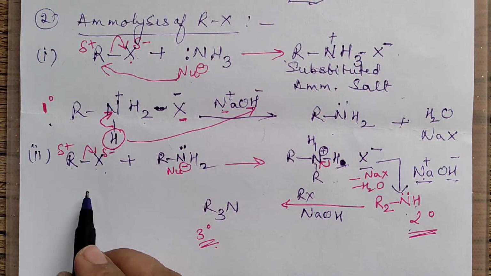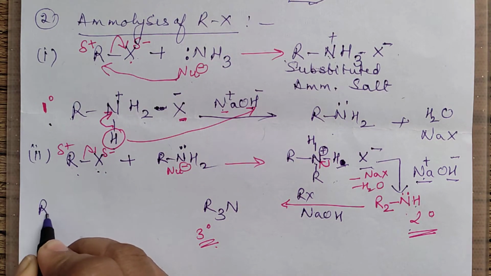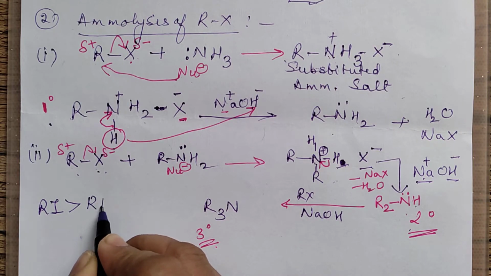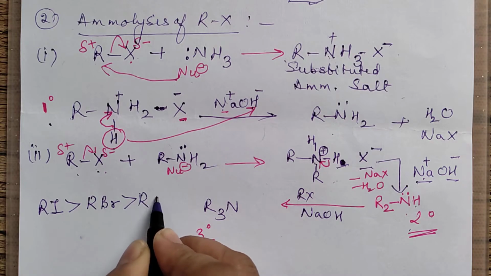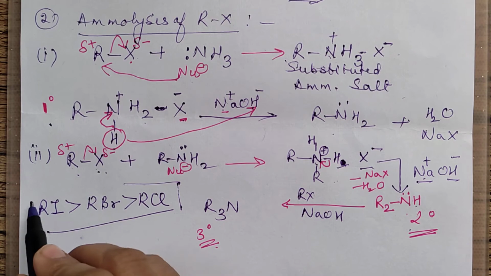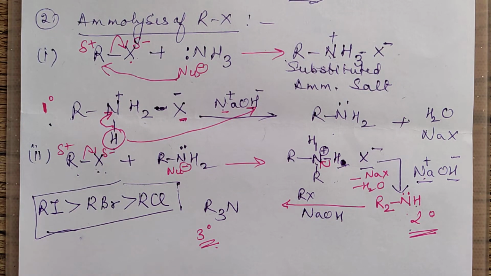Okay, now as far as this alkyl halide is considered, if I talk about the reactivity part, alkyl iodide is most reactive, then comes alkyl bromide, and the least one is alkyl chloride. This is also quite important to understand. So this is the reactivity order. Iodide is most reactive because iodine is larger in size, that bond will break faster, and this is smaller in size, the bond will not break faster.